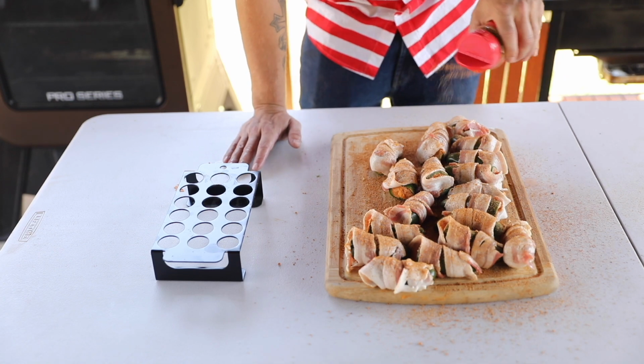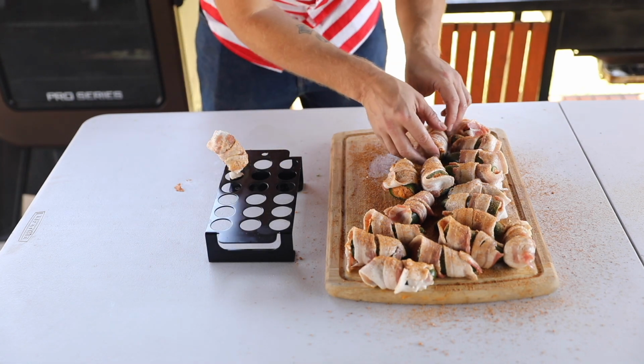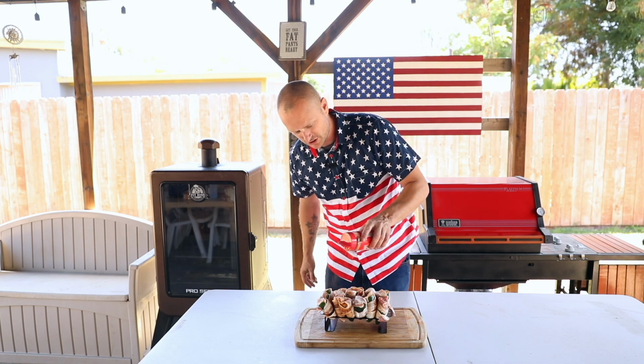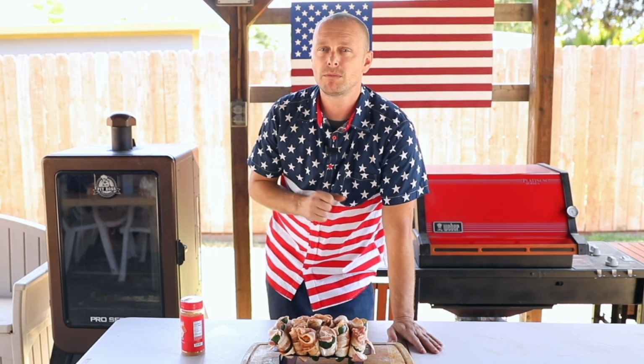Just want to give these a nice, beautiful coating. What we'll do is basically just start picking them up and putting them in the holders. All right, now that our bundles of joy are all wrapped up in here nice and cozy, just gonna do one last light dusting. Now you're gonna put these in the smoker at 300 degrees and it's probably gonna take